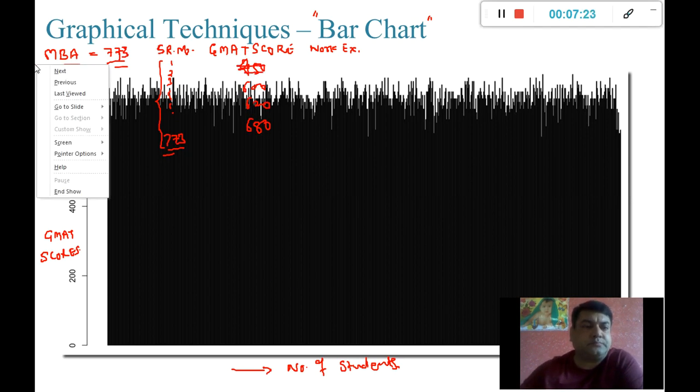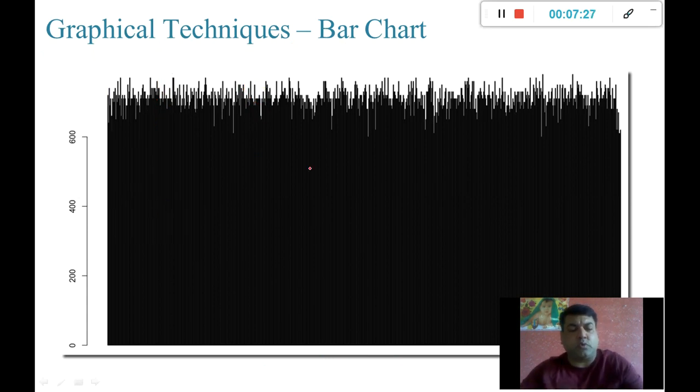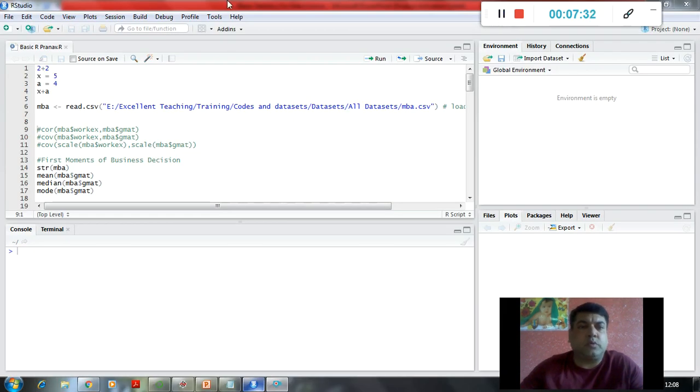So let us have a look at it. If you want to have a look at it, first let me show it through R as well. So this is the R Studio, right? And here I am going to import this file. We are going to see all these functions in detail when I take the basics of R in a detailed video. At that time I will explain all these functionalities, basic functions, etc. For now, just understand how the plotting works in the R environment, right?